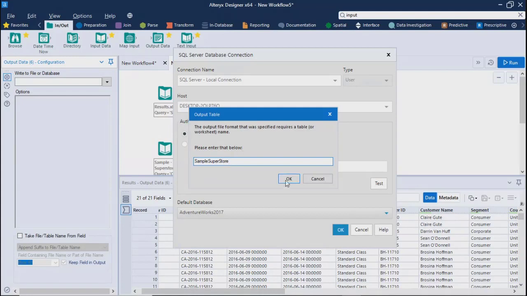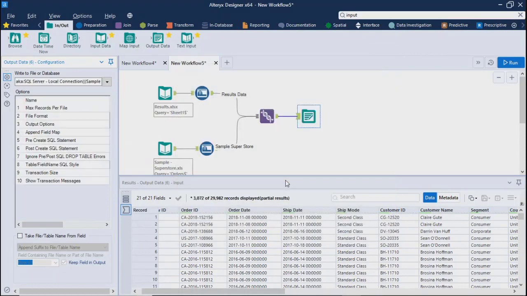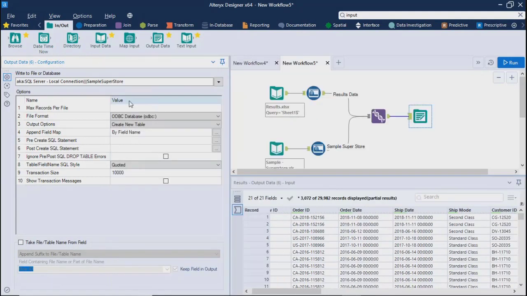Table name I have given because it is going to be a new table at this moment. So over here, if you see, we just configured it. It will go to the same database, AdventureWorks, and it says maximum records per file and all the basic information what you can see here.